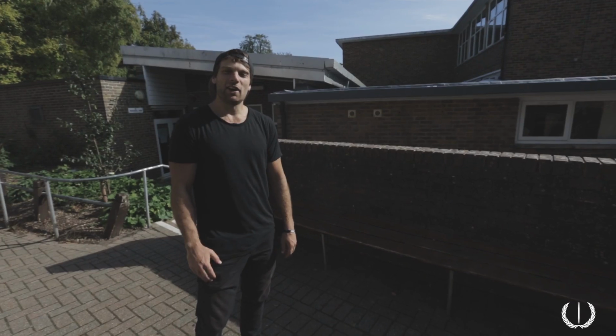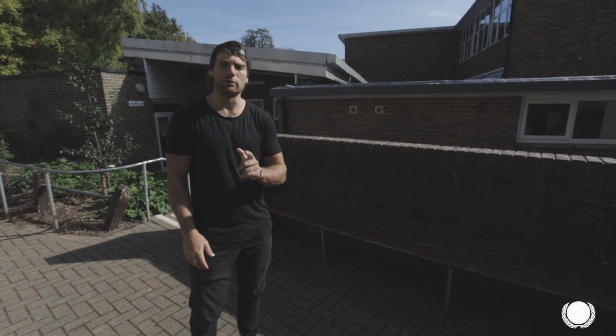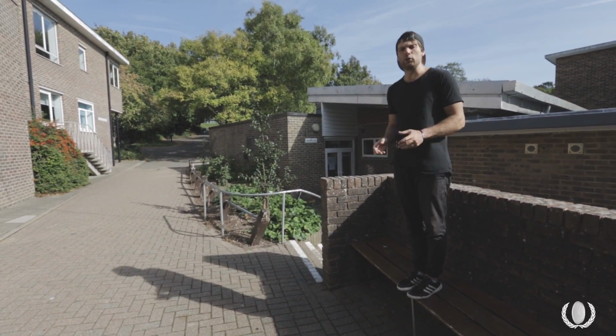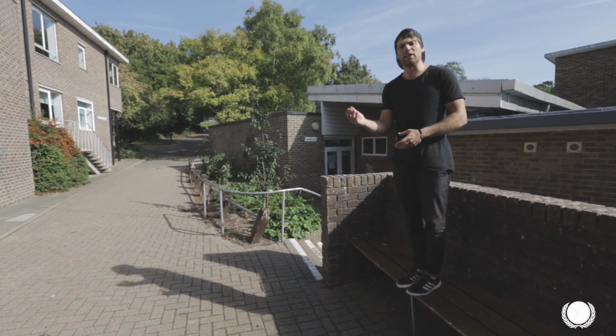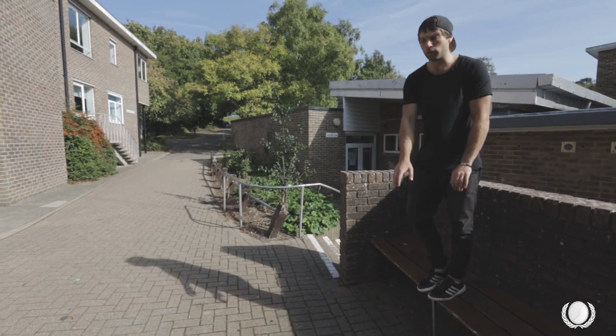Okay, so to keep it nice and safe to begin with, you're going to find yourself something that's about knee height that you're going to be able to jump off. So this time's a little bit different. You're going to jump with some forward momentum. As you land, you're going to use the same kind of technique as we used in the progression before, where you're going to land with a split step and then place your hands down on the floor and pull yourself